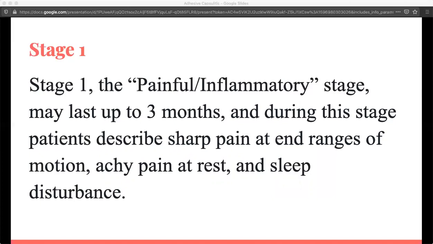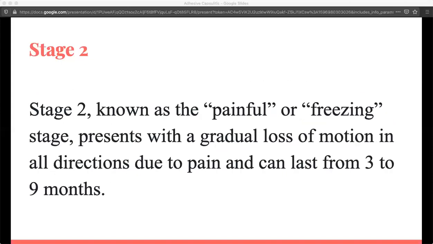You typically see the patient at the end of the first stage. So they've been dealing with this for a month or 2, and it's not getting better. And then they saw their doctor and they're referred to you for therapy. So when I see patients, it's usually at the end of this first stage. So I tell them that you crossed almost 50% of that painful part. So it's just a little more left to go, which is stage 2,